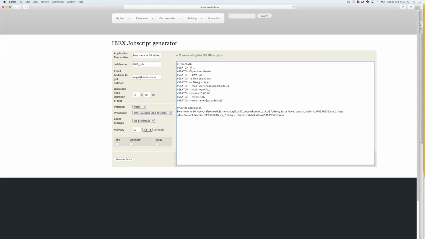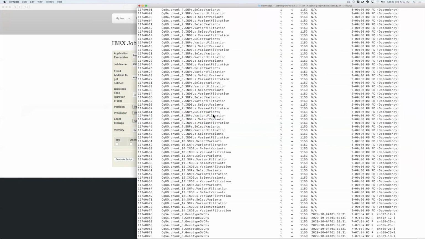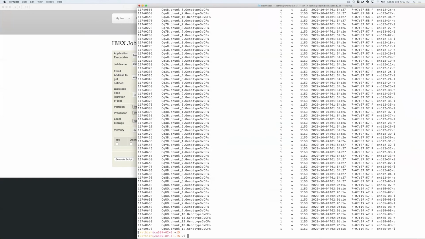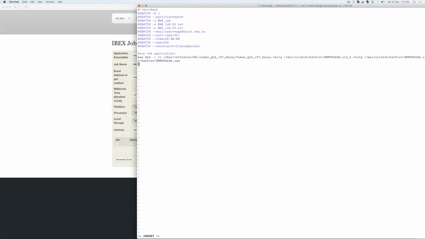Once the job script is created, you can copy this Slurm script and put it into a batch file. Then paste your job script and edit it based on your need.